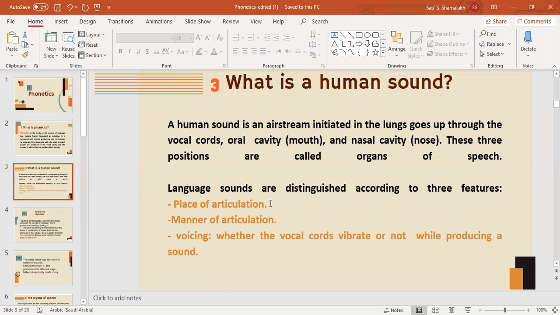And the air comes out of your nose. So it is, when I say, for example, "if", your upper teeth and your lower lip come together. So this is the place of articulation. When I say, what is the place of articulation of "if"? You say "if", upper teeth and lower lip together, we produce the sound "if" and the sound V.